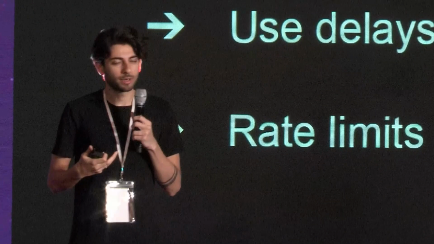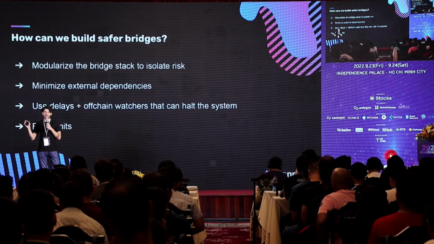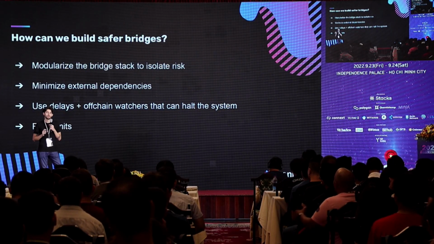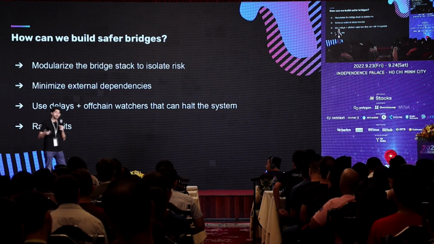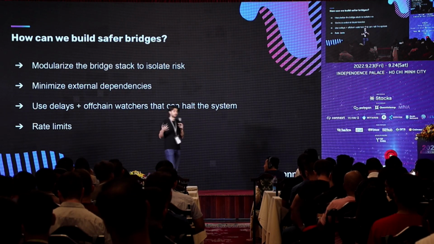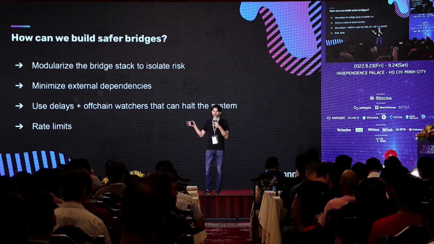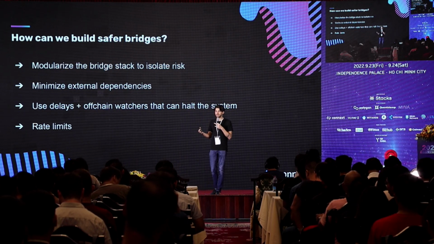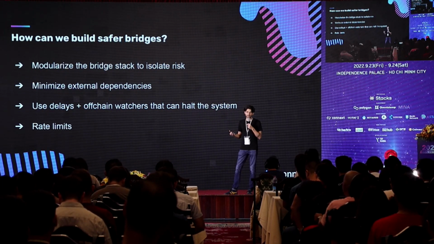The second piece that I think is quite important is minimizing external dependencies. So if you look at a lot of the bridge hacks, for example, the Wormhole bridge hack, right? The Wormhole bridge hack was caused by a cryptography dependency on Solana that was actually implemented slightly differently than on Ethereum. And that cryptography dependency had a vulnerability in it. This is kind of the risk that you take when you're building on top of blockchains, especially a lot of different kinds of blockchains, is that you inherit any security issues that they all contain. And in Wormhole's case, one small issue in Solana caused a $350 million hack.